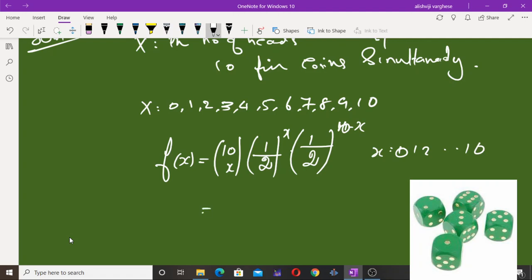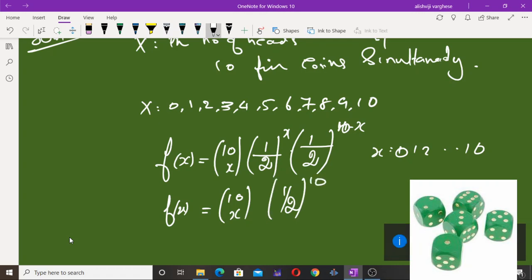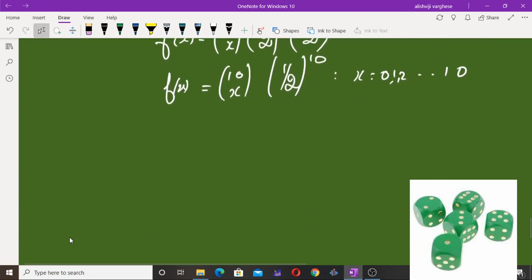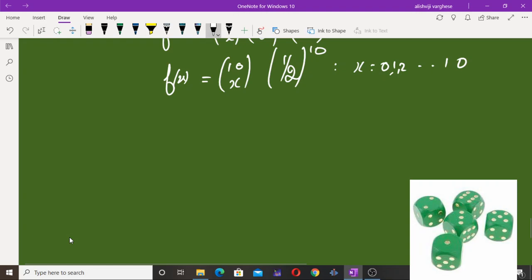But here we can simplify one more step, as it is 10Cx, 1 by 2 raised to x into 1 by 2 raised to 10 minus x, and this x can vary from 0, 1, 2, 3 up to 10. Now the simplification is possible only because the coin is a fair coin, and anyway we are looking for the probability that